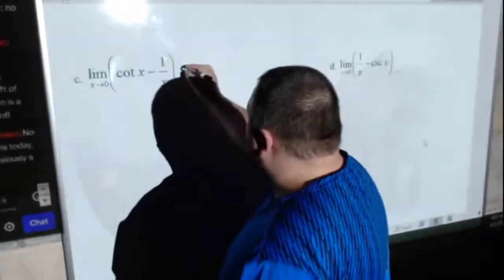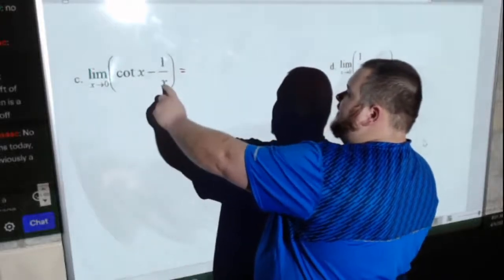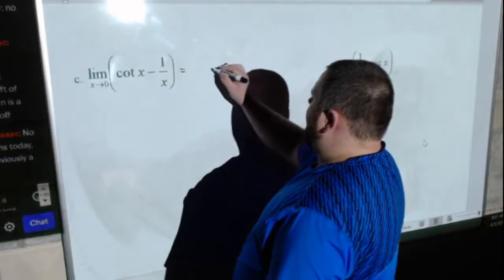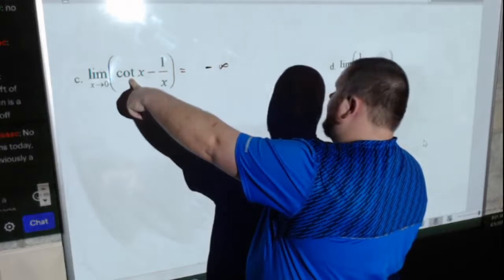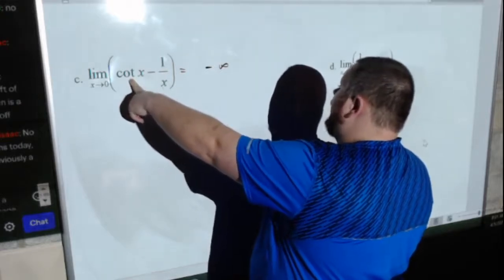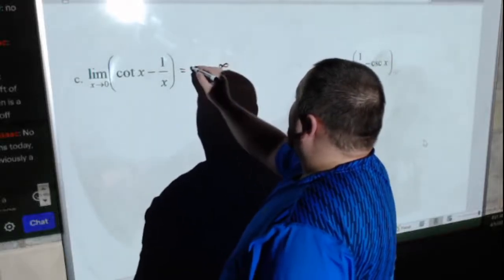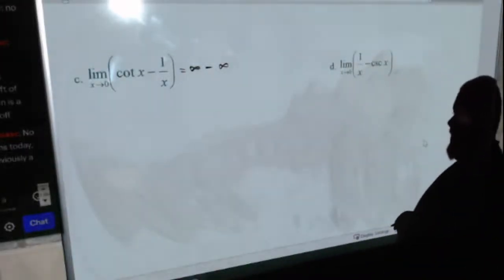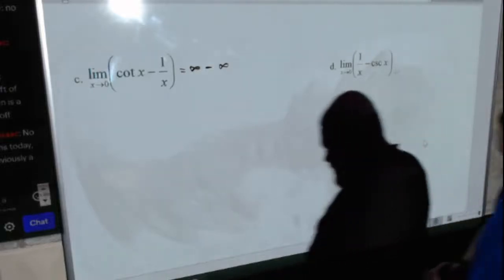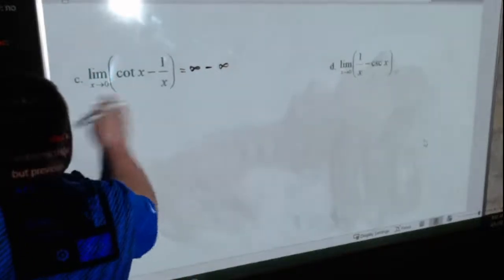So again, let's plug in, see what we get. Plug in 0 here. So this one's 1 over 0 or infinity. Cotan is really cosine over sine. So that's going to be 1 over 0 again, or infinity. So this one gives us infinity minus infinity. So once again, we just got to get a common denominator here somehow. We could do that by getting a common one. So I'm going to rewrite this as